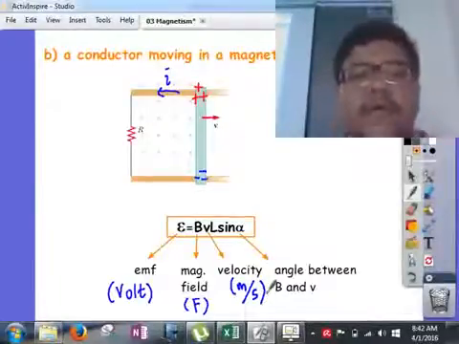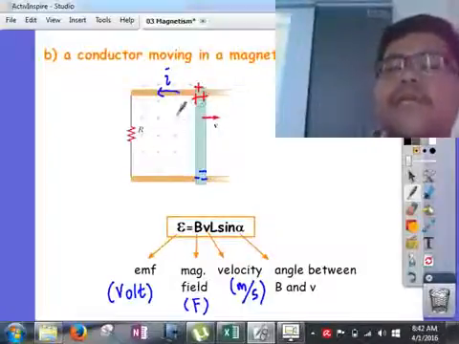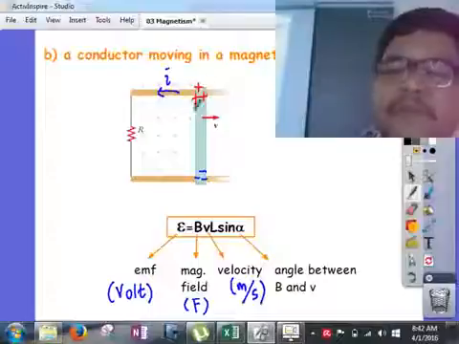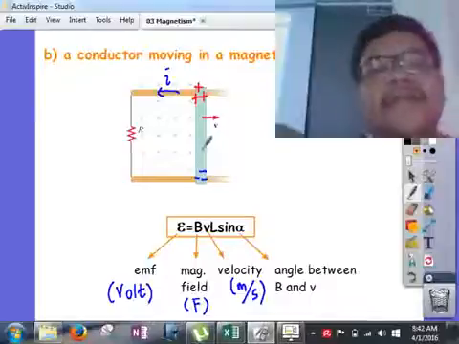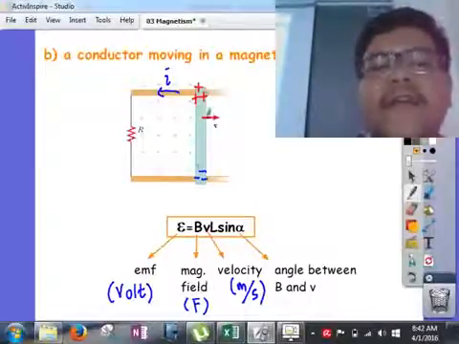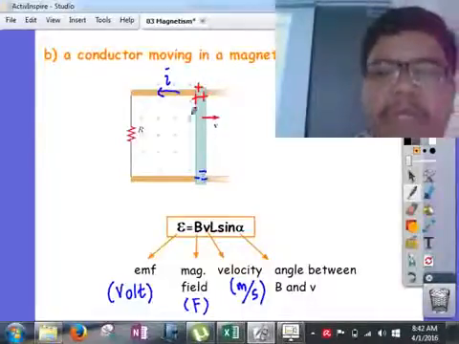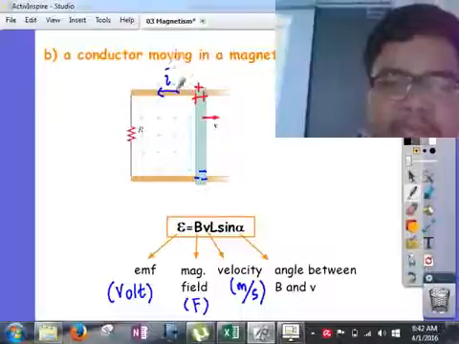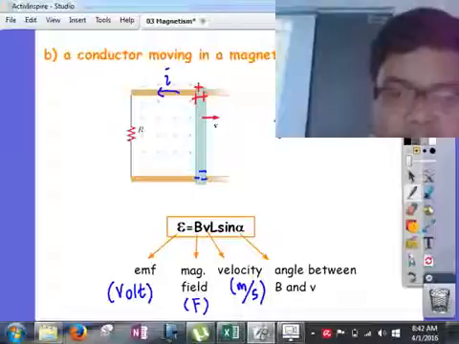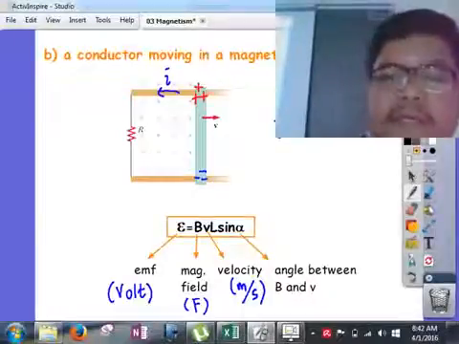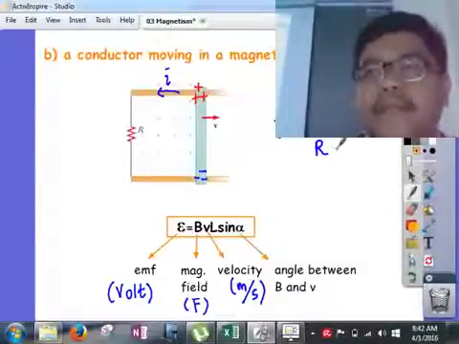So if you move a conductor around inside the magnetic field, it will create some sort of polarity, like a battery. Applying right hand rules, positive will move upward and negative charge will move downward, and then we create a battery that will create current through the resistor R. What is the current? Current is EMF over R.